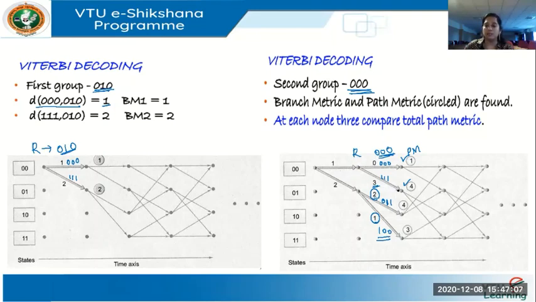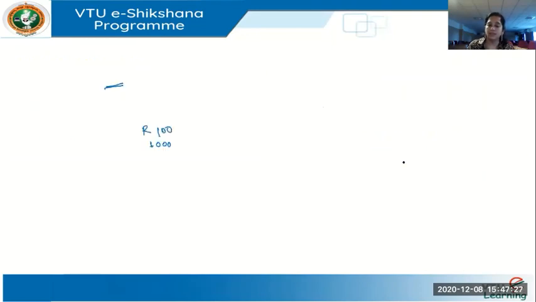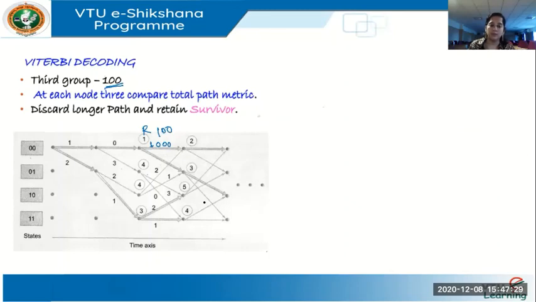I'll compute the path metric. Again, from here to here, it is 2 plus 2. Addition of the branch metric, 4. And finally, from here to here, 2 plus 1, 3. So these are the path metrics. Okay. Now I can use this path metric with the next set of branch metrics in comparison. You see, that's what we'll do.